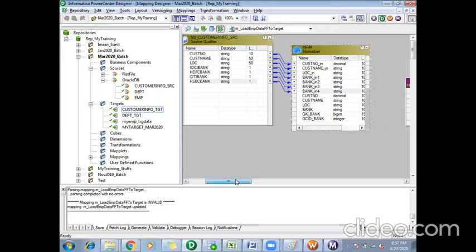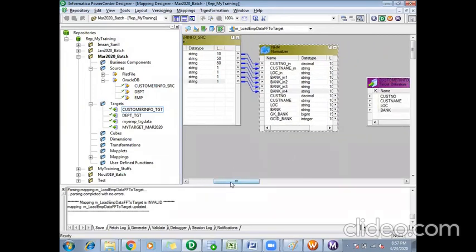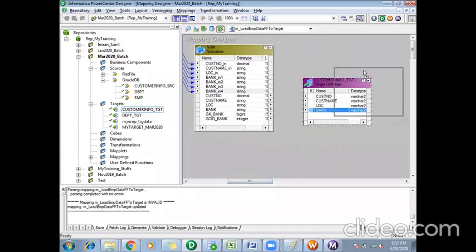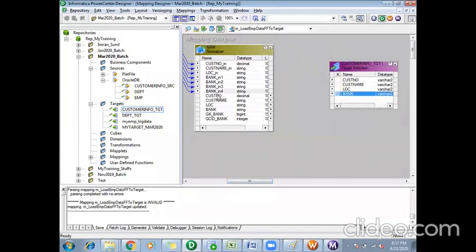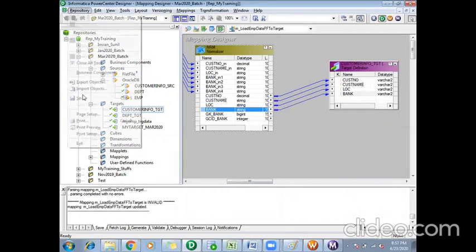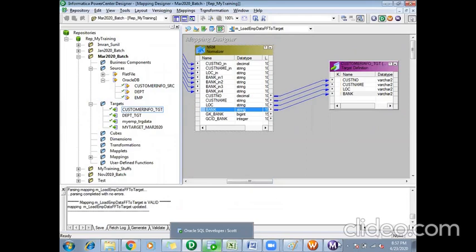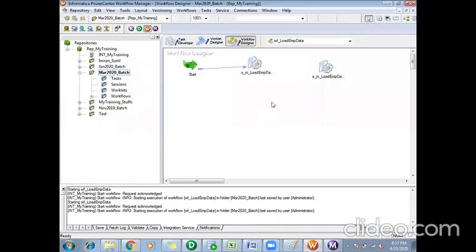So now next what I'll do, if I just link it as it is, customer number, customer name, location, and bank, I'll save this. I'll refresh my session.